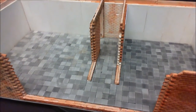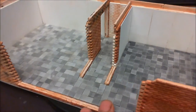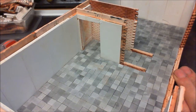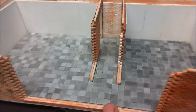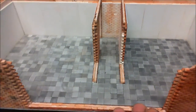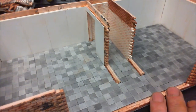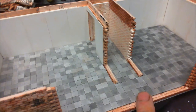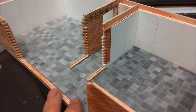Okay, we've completed the floors, as you can see, and it looks alright. I'm quite pleased. It's turned out quite well. I'll say no issues with it. It was just a matter of sticking down one after each other. No problems at all. Now we've got all that bit done. We've got the plastering done to its almost finished stage. We're just going to run a bit of filler in them joints, sanding stick over the top of it, and that will be complete. But what I want to do now is I'd like to put some chimney breasts in,